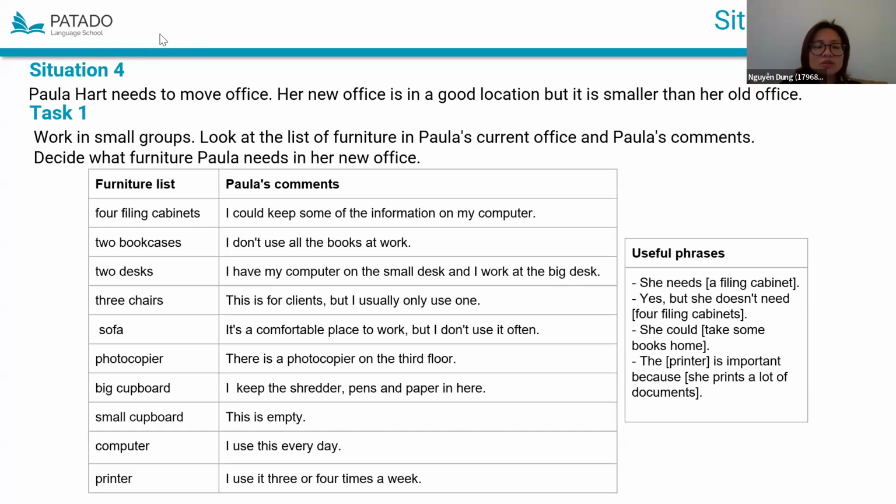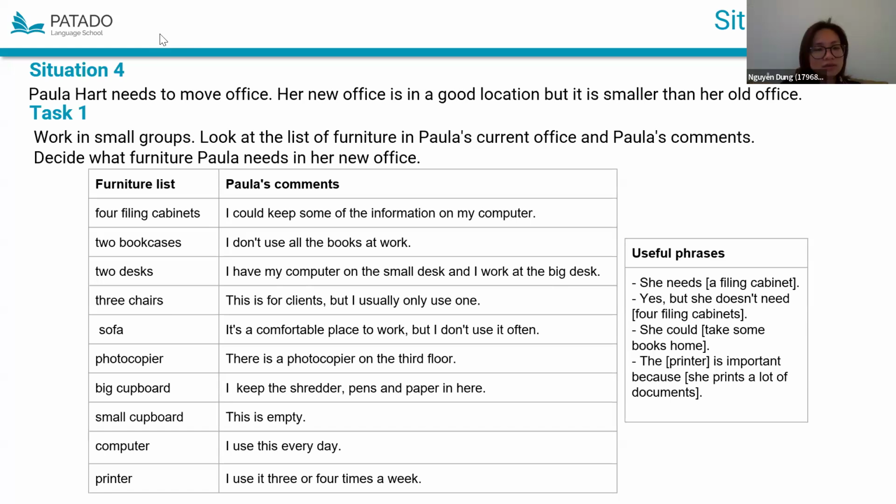But I'm not sure how many floors she relocates. Maybe the photocopier is big, so she doesn't need it. So maybe you could leave it, right? Because there's a printer anyway, and whenever there's a document to be photocopied, maybe the printer can also photocopy, or maybe she can capture it by phone and print it anyway on the printer, right?